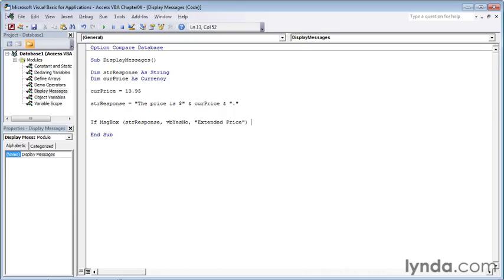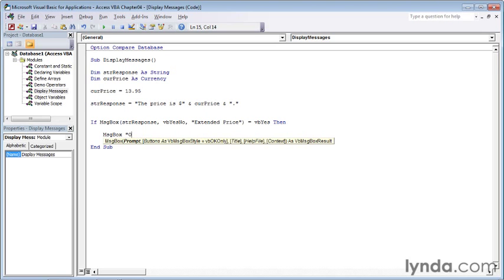So you can either have a button click being VB yes or VB no. It's simply VB, which stands for Visual Basic, followed by the name of the button. So type an equal sign, then VB yes, and you see an autocomplete list of buttons that are available to you. Press Tab, then type then, and press Enter. Now you can tell Access what to do if the yes button is clicked. So I'll press Enter again and press Tab to offset my code to the right to indicate that it's happening within another command. And I'll display a message box